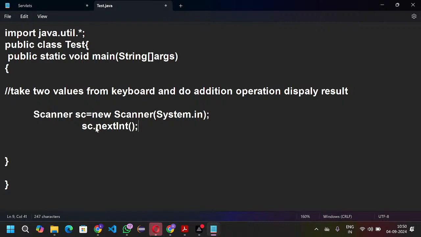Are you guys clear with my point? What I'm saying is sc is the variable, similar to a container, which is holding all the predefined methods. For example, it is holding some 100 methods. Among those 100 methods, I am calling the specific nextInt method. Why? Because my requirement is addition. I need to take two values from the keyboard, perform addition, and display the result. My requirement is based on integers,